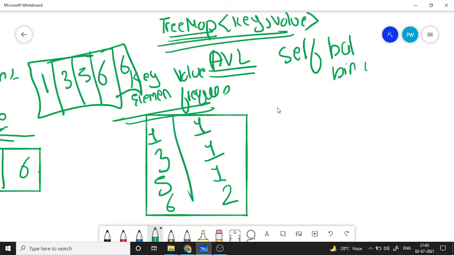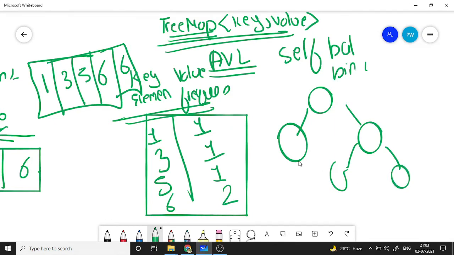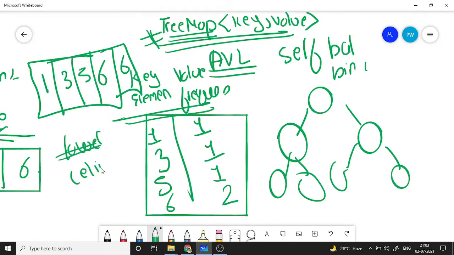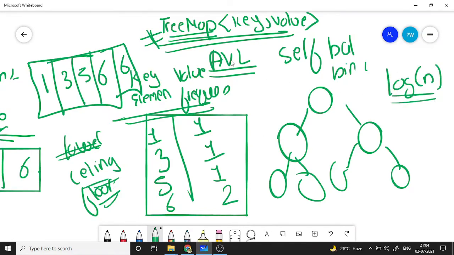In the back, it will be stored as a self-balancing tree. So why are we using a tree map? It guarantees to give the lower or, as we say, the floor and the ceiling in log n time. So instead of n, we can reduce it to log n by using the tree map. For every element, we do this k times, so our total complexity will be around k log n in this solution.